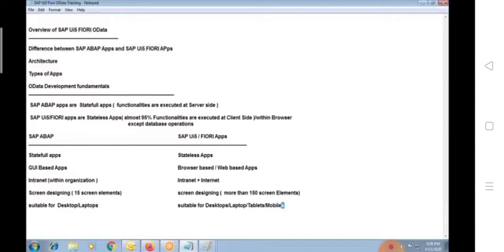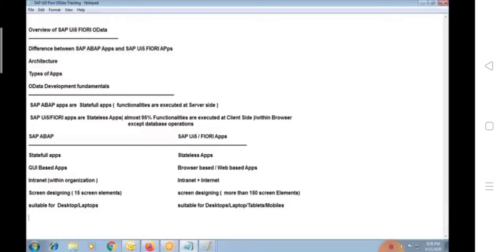It supports all the devices here. That is the main target of UI5 Fiori. So in the present scenario, the application has to be accessed from all types of devices. That is how the world has changed. The world has moved from desktop, laptop to tablet and mobiles. So that's the reason why UI5 Fiori was introduced, and that is one of the main reasons.